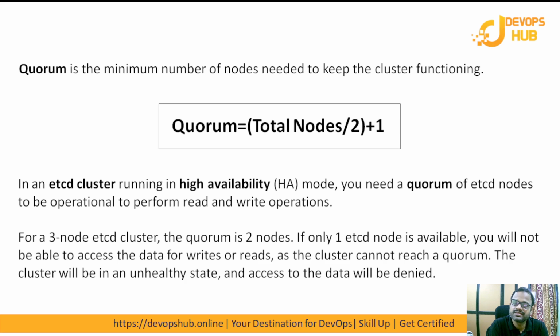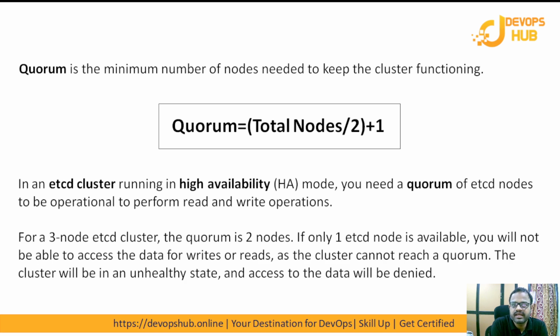So this quorum is about etcd. So out of 3 master nodes, meaning 3 etcd, the formula will be 3 by 2, 1.5, plus 1. That's 2.5. So the quorum should be 2.5. But we can neglect this 0.5 because we always have to go with a whole number. So if we are going with 3 master nodes, you are going to have 3 etcd